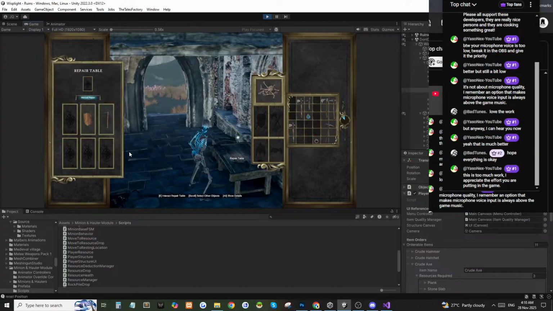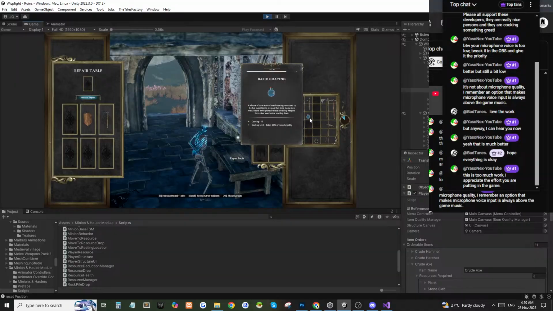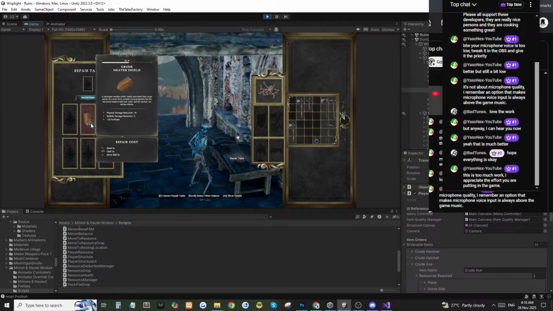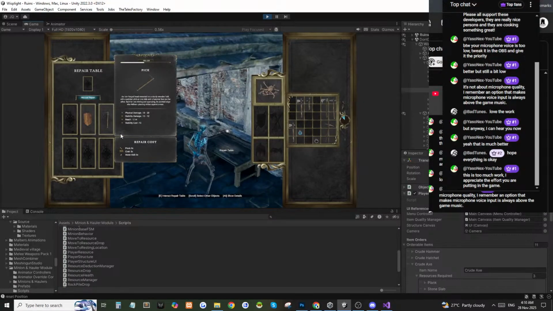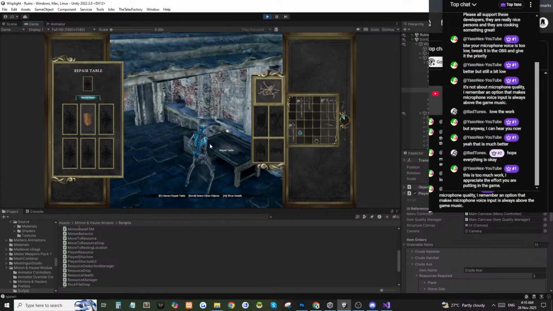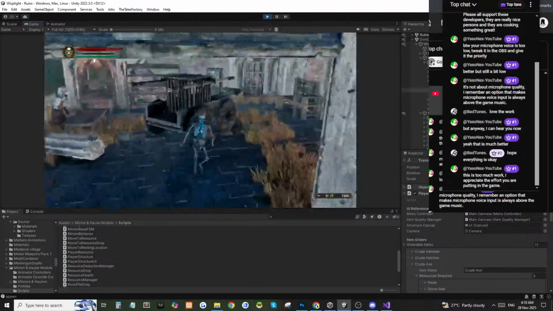So that's one of the bugs that I try to figure out. And also, if you try to put items that can be repaired, so those are things that you need to think about as well, like that. And dropping items to the ground, so that's another thing to think about. Anyway, so